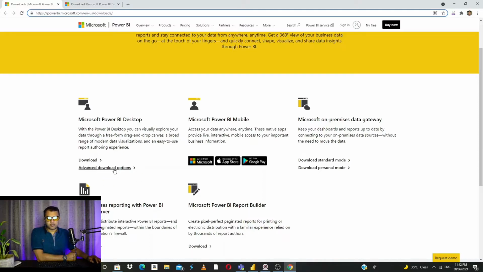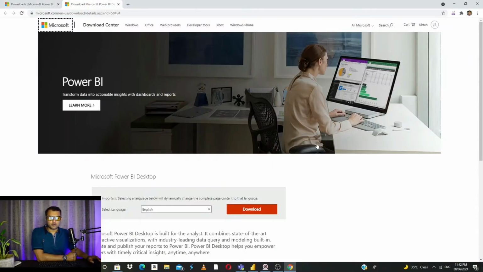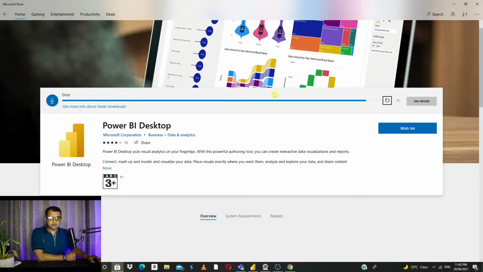If you click on the Advanced option, you will be redirected to a new page where there is a download option which would download the MSI installer file, or you can go to Marketplace, and there you can click on install and it will start downloading and installing.